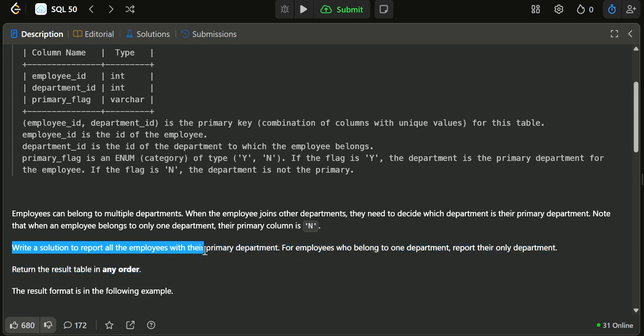Write a solution to report all employees with their primary department. For employees who belong to one department, report their only department. So there are two things which are happening. The first condition is when the employee belongs to only one department,